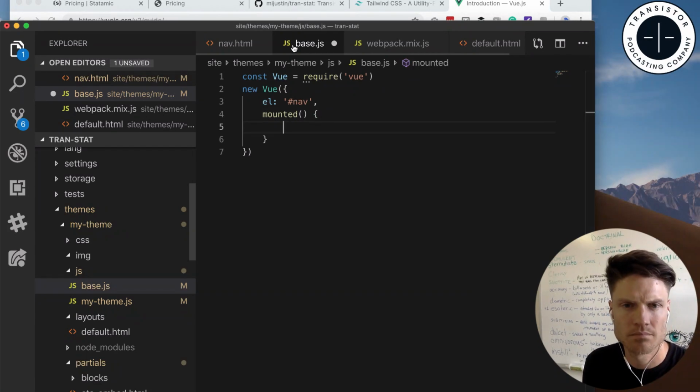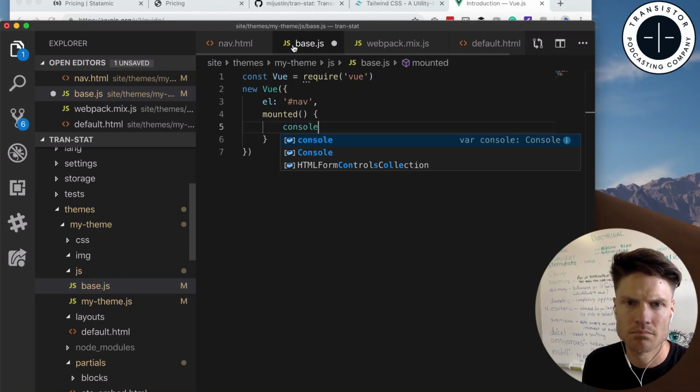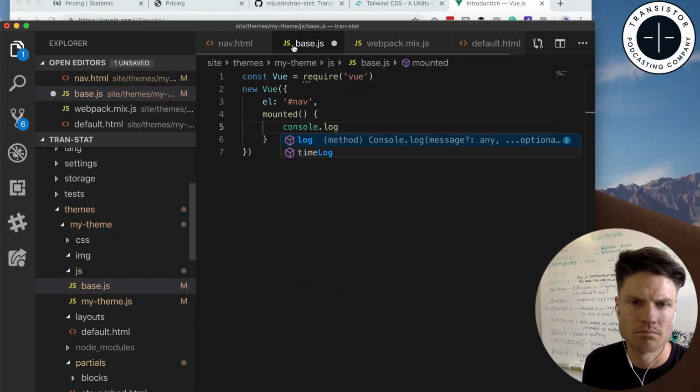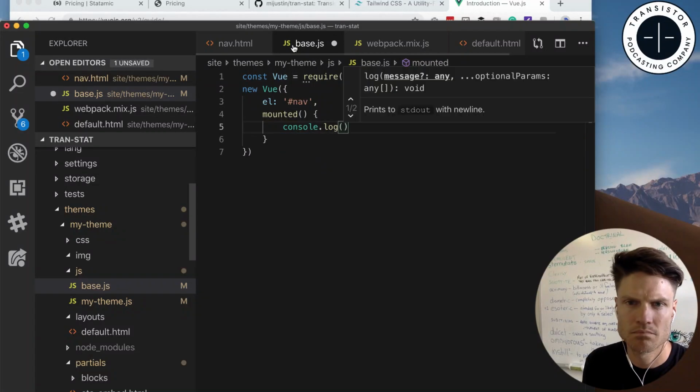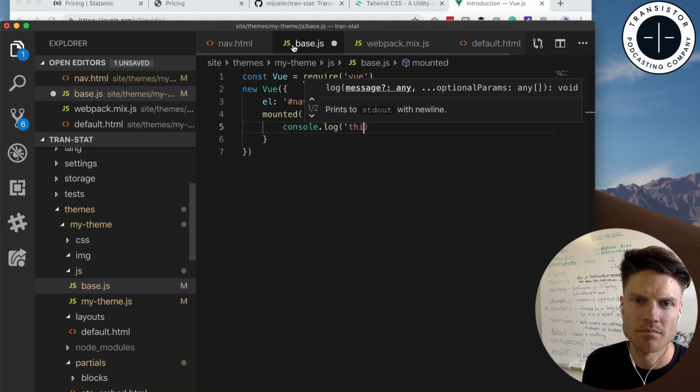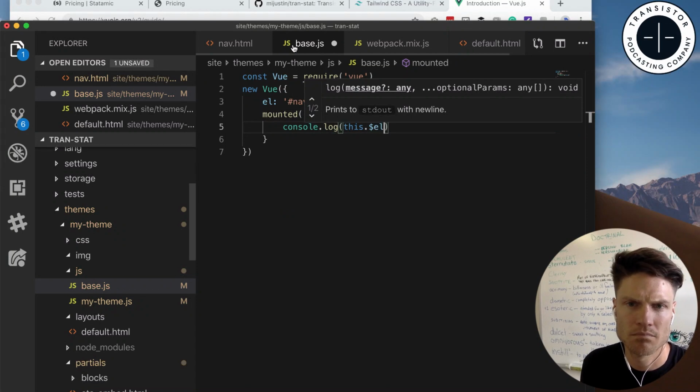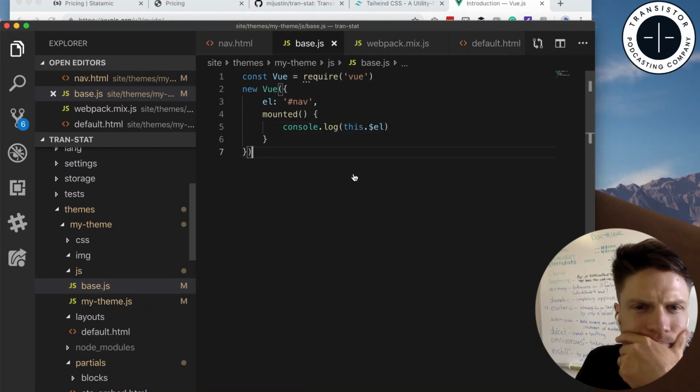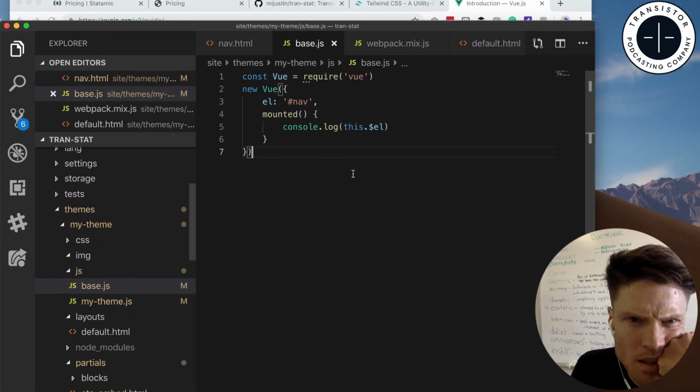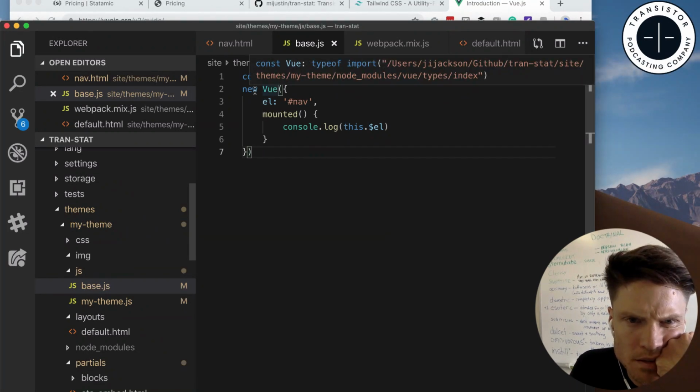Then here type console.log, and then in parentheses type this dot, no string this time, this dot $EL. So what this is going to do is it's going to instantiate Vue, bind it to our nav element,